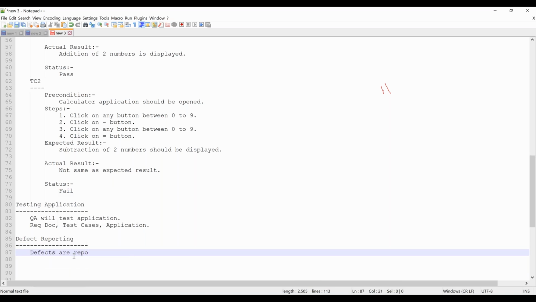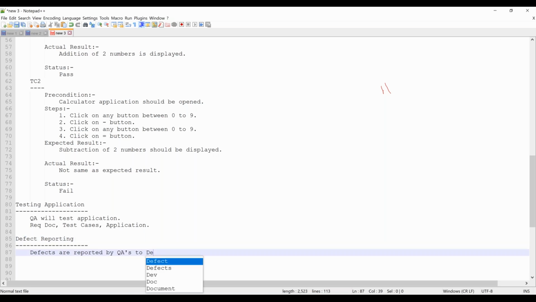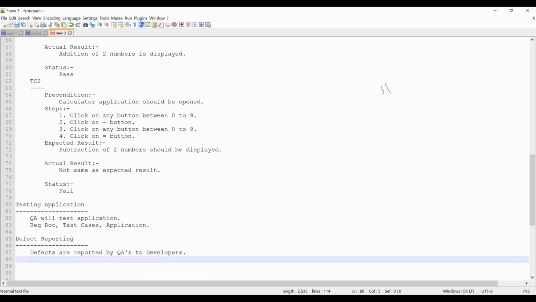Defects are reported by QAs. To whom? Who created this application? Can somebody say? Who built this application? Did client build, BA build, developer build? Developer has built. Right. So you are reporting the defects to the developers. Defects are reported by QAs to the developers, right?